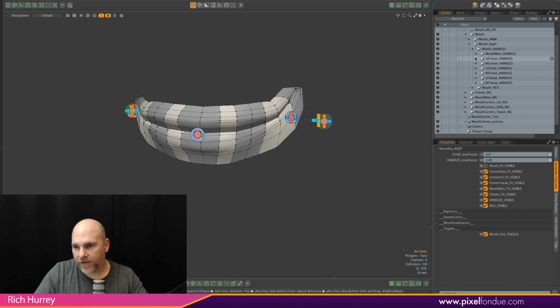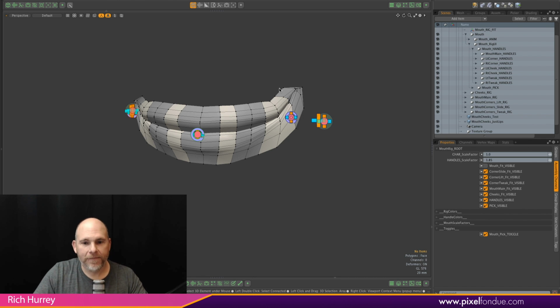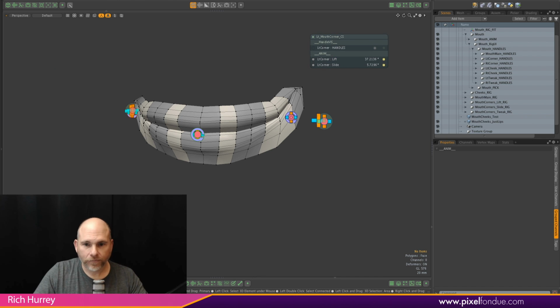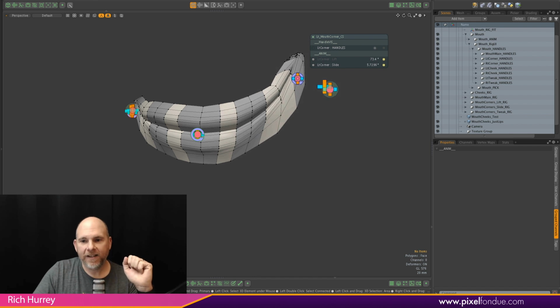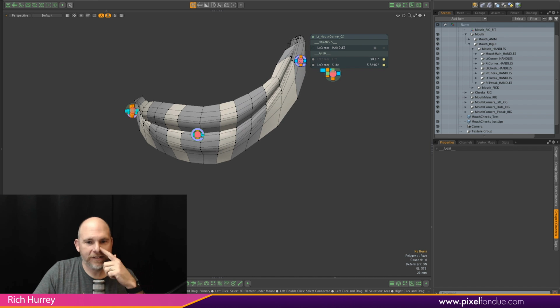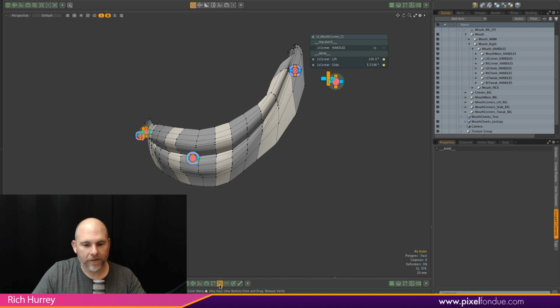Let me show these values here. So let's go to the actual channel sets UI. Actually, I can do that here. Don't even need to open that up. Turn this up, and let's bring this up here. This is designed around the maximum of anything being 100. And you can already see this is too much. So I can set this to 100, and then in my rig interface, what I can do, and kind of